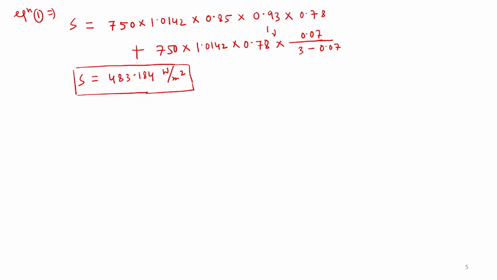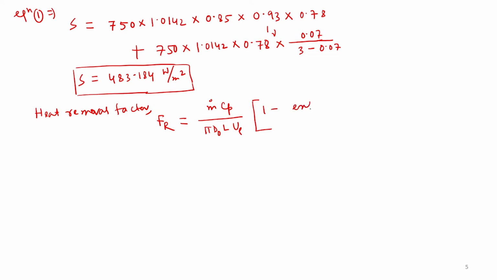Once we know this S, then other parameters can be calculated, like instantaneous efficiency and Qu. So, for that again we need to calculate one parameter called heat removal factor. So, how to calculate this heat removal factor? Heat removal factor is normally represented by Fr. This is the expression: m dot Cp divided by pi outer diameter L, then you have UL, which is nothing but the overall loss coefficient, times 1 minus